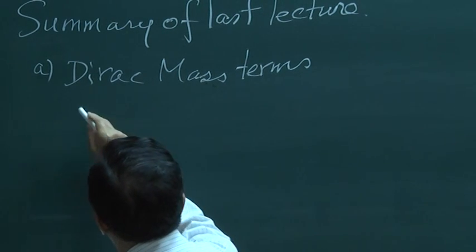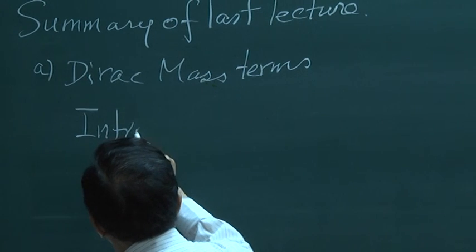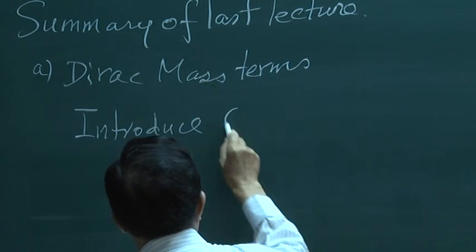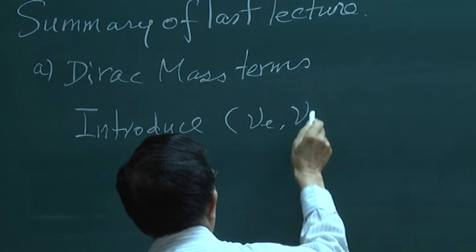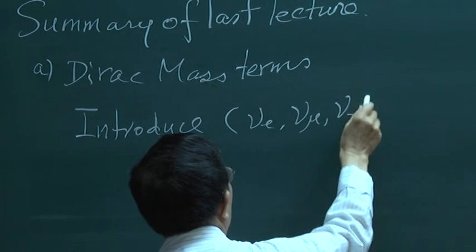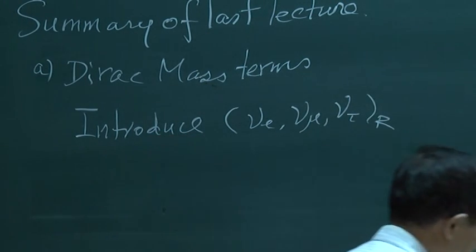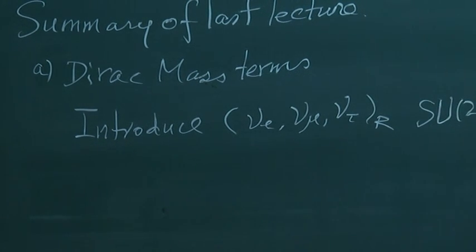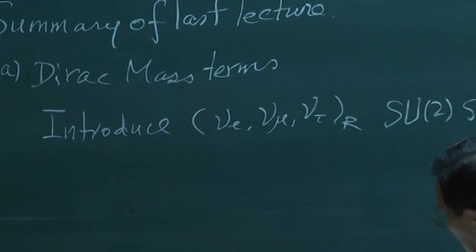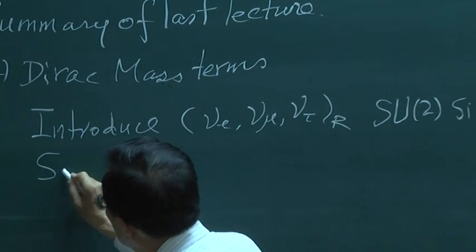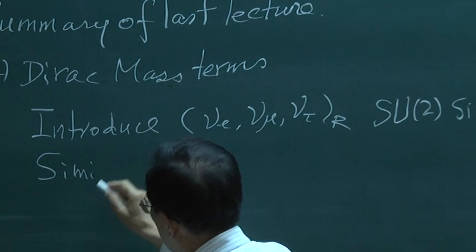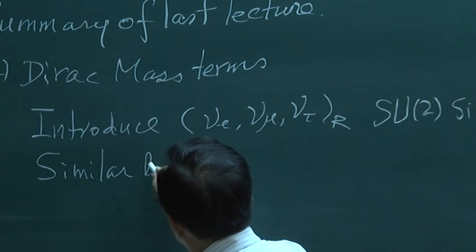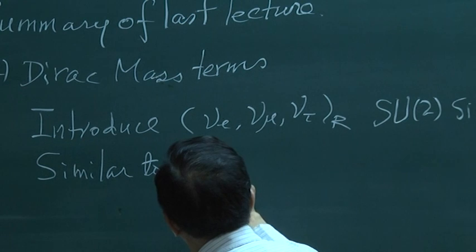The way to do this is to introduce a right-handed component for the three neutrinos, nu e, nu mu, and nu tau. This will be the SU(2) singlet, and it's very similar to, actually identical to, the mass term